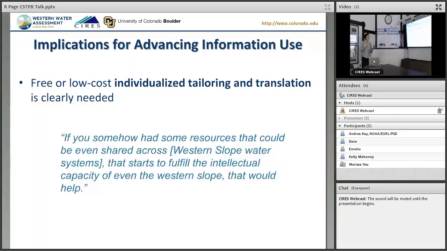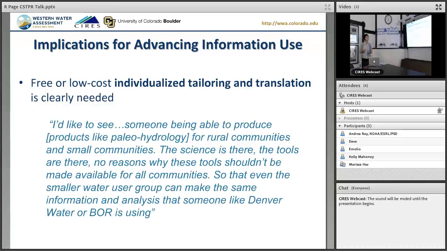One manager said, "If you somehow had some resources that could even be shared across the Western Slope water system, that starts to fulfill the intellectual capacity of the Western Slope, that would help." This was in reference to some kind of shared consultant or technical resource who can provide that individualized support across the region. Another person said,